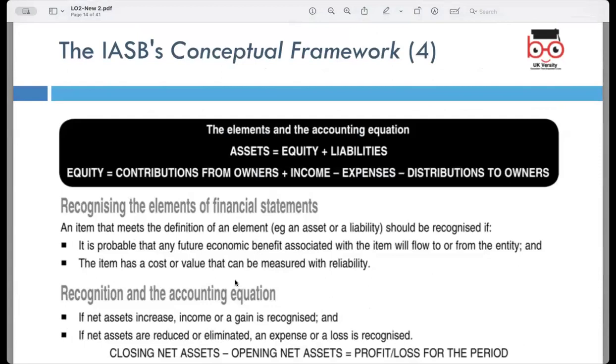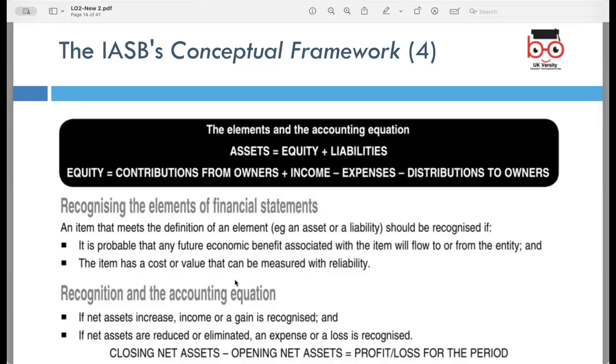Okay, so International Accounting Standards Board Conceptual Framework. Next one, the elements and accounting equation. As everyone knows, in the accounting equation, assets is equal to equity plus liabilities. So what is equity? It's contribution from owners plus income minus expenses minus distributions to owners. So the equation must always balance, reflecting that a company's resources, assets, are financed by either debts, liabilities, or the owners'